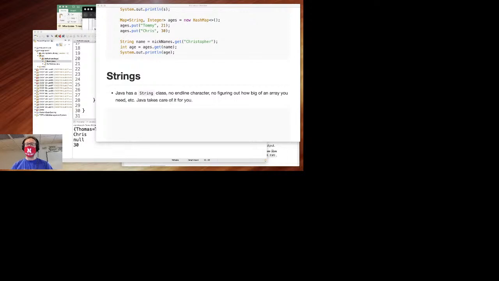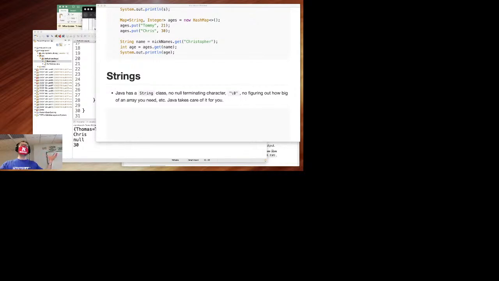I shouldn't say end-line characters. What I mean is the null terminating character. You don't have to make sure that your strings are terminated with \0. That's the null terminating character right there, which denotes the end of a string. So you could actually truncate a string in C and make it shorter. You can't make the array shorter, but you can make the string itself shorter by cutting it off with a null terminating character. And then if you take this string and you concatenate it to another string in C,